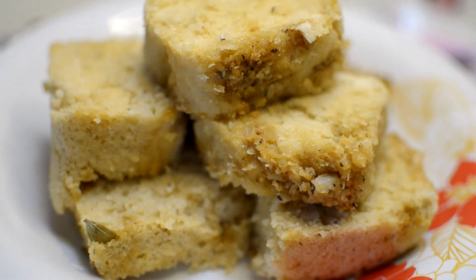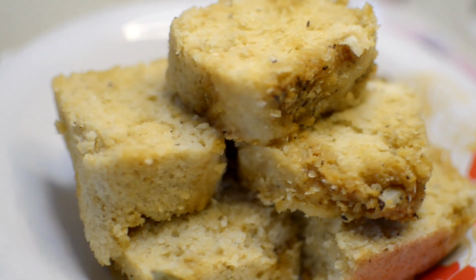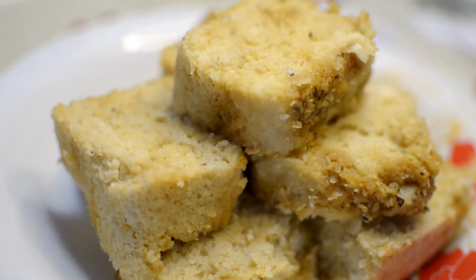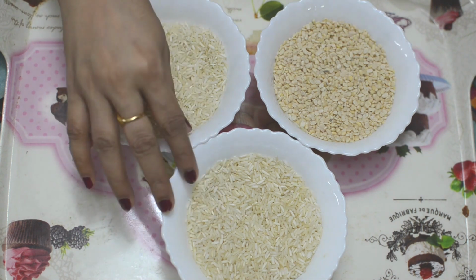Hello and welcome. Today I'm going to share with you a very easy Raja Pitha recipe. It's going to be a steamed pitha recipe which is absolutely very easy to make. So let's get started. The first step is to make the batter, and for that I have taken here just